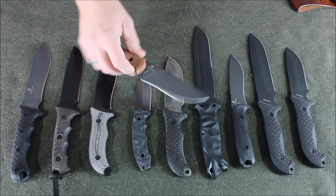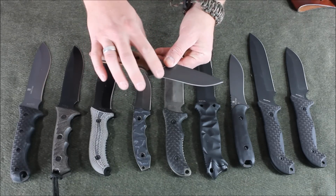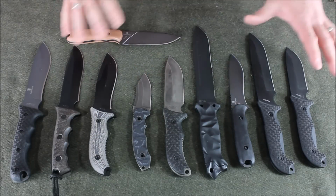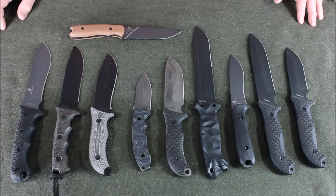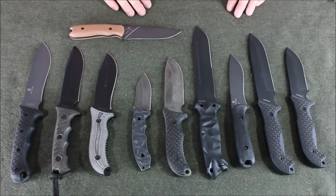This one is not the final version. It's not going to be changed a ton from this, but as I was looking at it, even the grind down here when you get toward the edge is just not done as well as you will get in the final production. So I want to talk about these knives and contrast and compare them just so you can see maybe the pluses and the minuses that you're going to get out of each of the knives. And so what I've done is go from the older ones to the newer ones, and then this one is our final one. So this one is the Schrade